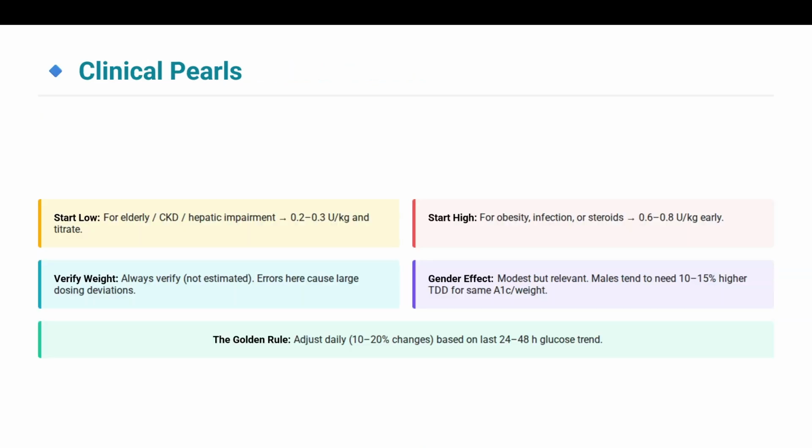Final statements: start low for elderly, CKD, and hepatic impairment, that is 0.2 to 0.3 units per kg, and then titrate. Verify weights, always verify, do not estimate; errors here can cause large dosing deviations. You can start high for obese patients or those with infections or on steroids, 0.6 to 0.8 units per kg early itself. Gender effect is modest, but it is relevant: males tend to need 10 to 15% higher total daily dose for the same HbA1c and weight. The golden rule: adjust daily, 10 to 20% changes based on the last 24